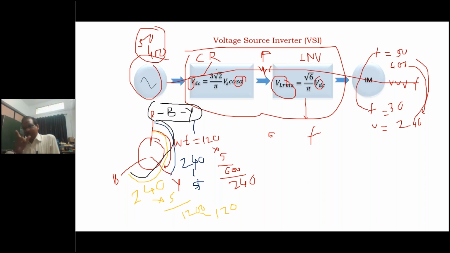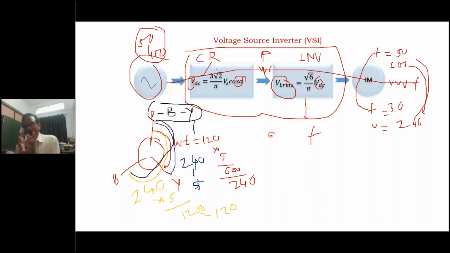So what happens in a motor? There are two revolving magnetic fields. One is produced by the fundamental component, another by the fifth harmonics. The fundamental component produces clockwise rotation; the fifth harmonics will produce anti-clockwise. Means there will be two motors. No doubt, it is a very small amount of torque which is produced in the opposite direction.